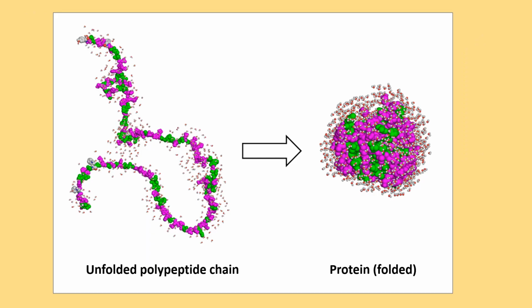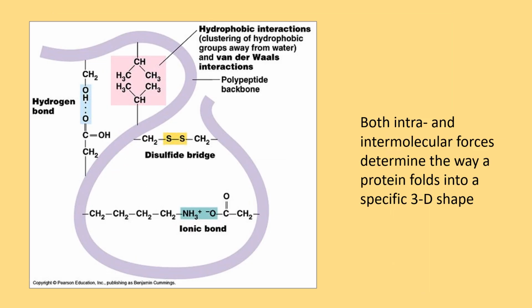The exact sequence of amino acids in a polypeptide chain will determine the overall three-dimensional shape of that folded protein. And form follows function. The three-dimensional shape of a protein is crucial for the ability of that protein to function properly. Here we see some of the forces, intramolecular forces and intermolecular forces, that help the polypeptide chain fold in a